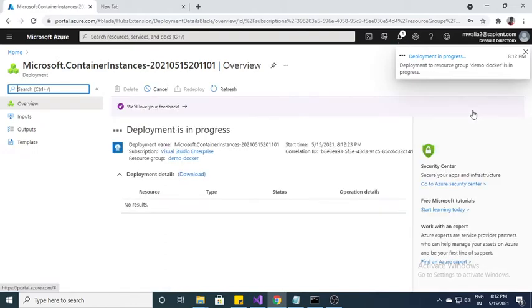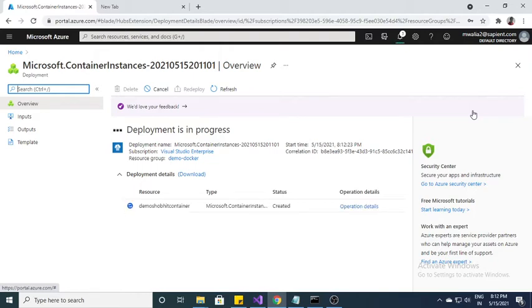Basically, it will fetch the image from the Azure container registry and set up a container. This is a serverless container, so we don't need to do anything ourselves. I just need to specify the image, and it automatically does everything for me, because this is serverless, right? It will take some amount of time, I guess 30 or 40 seconds. Once it is done, I'm able to access the application as per the image. So let's wait for that, and I'll show you how we can do that.